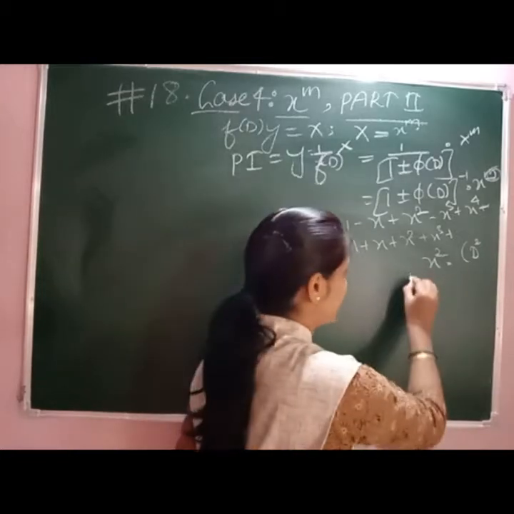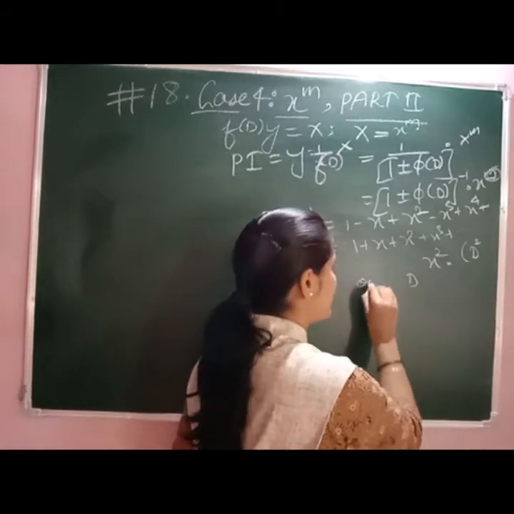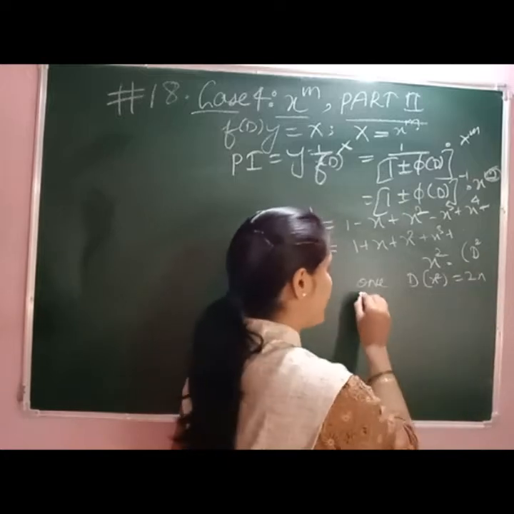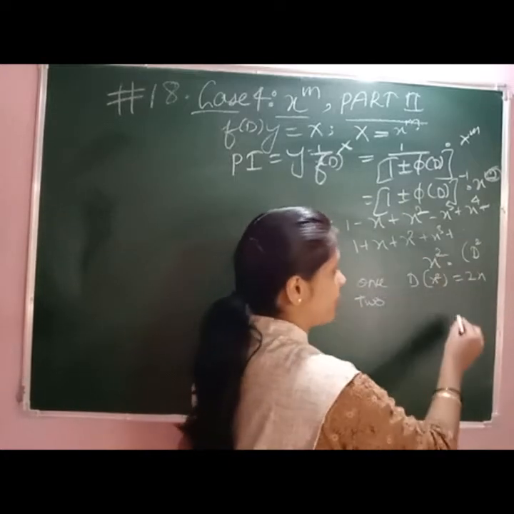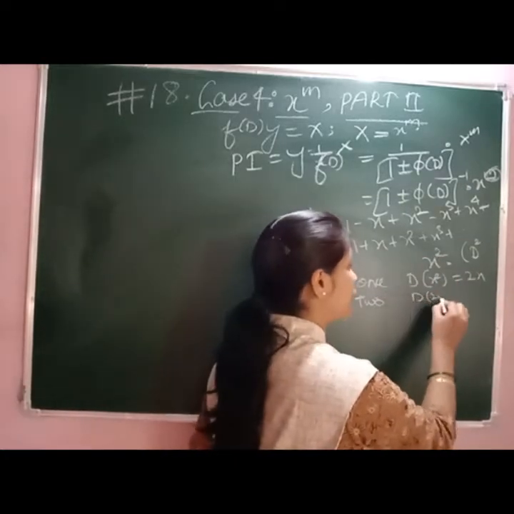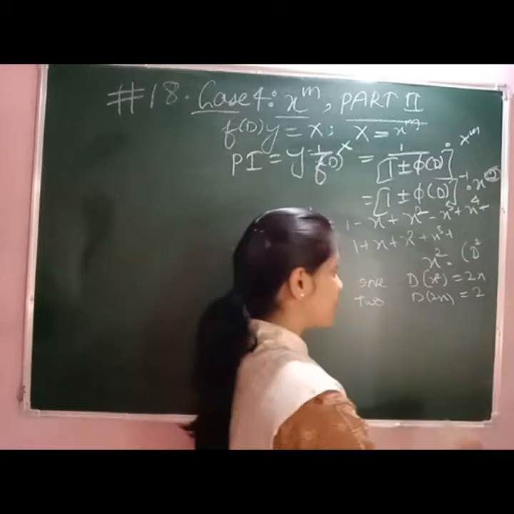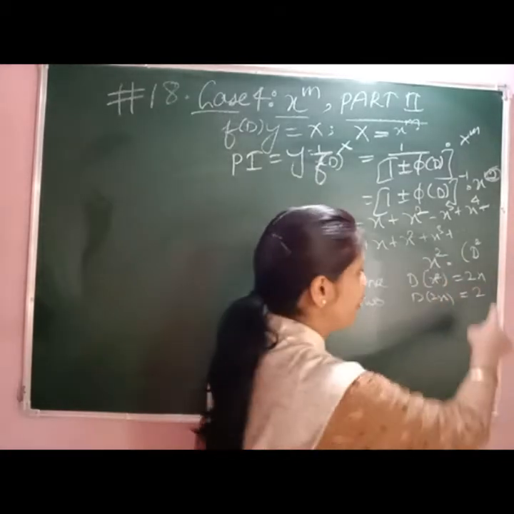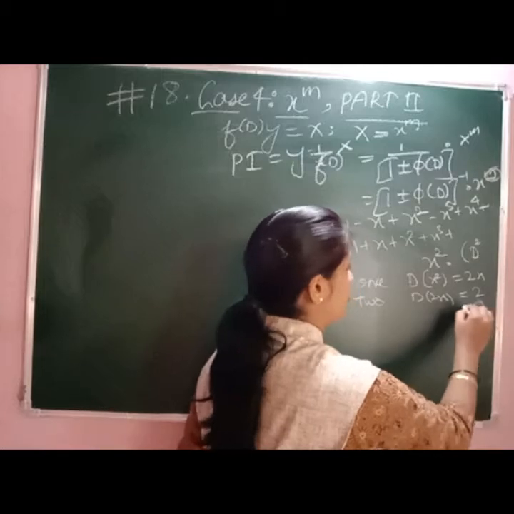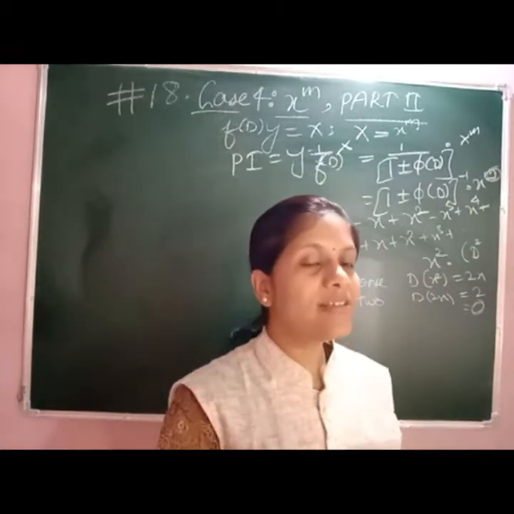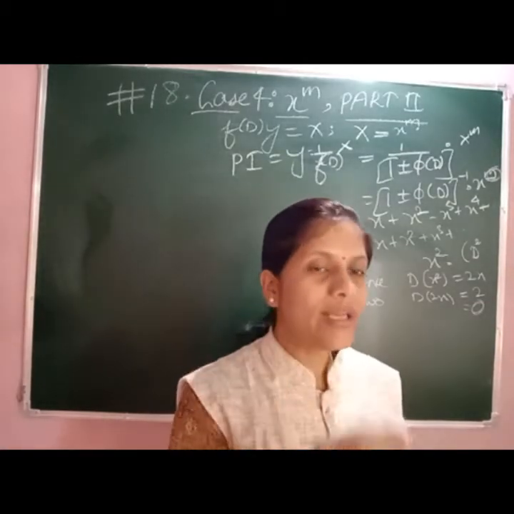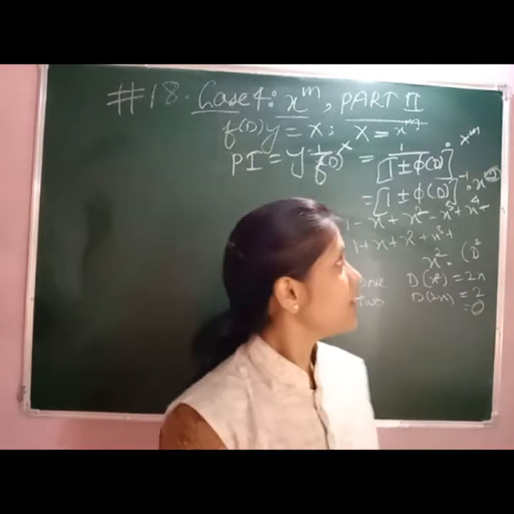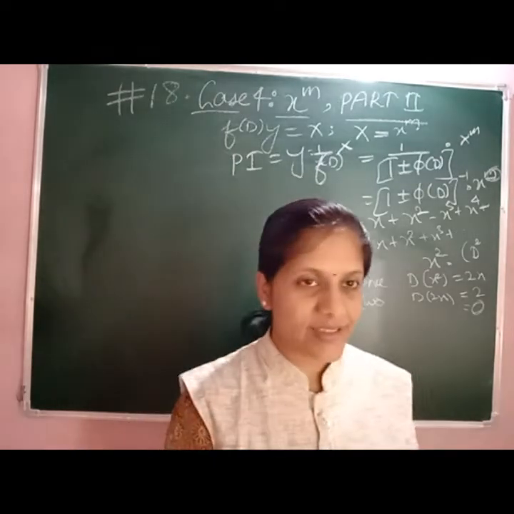Why? Because the first differentiation of x square will be 2x. Differentiation of 2x again will be 2. The third differentiation, that is D cube of x square, will be what? Differentiation of 2 is 0. So whatever is the power m, only up to there we have to expand our D. Right? So this is all for x raised to m.